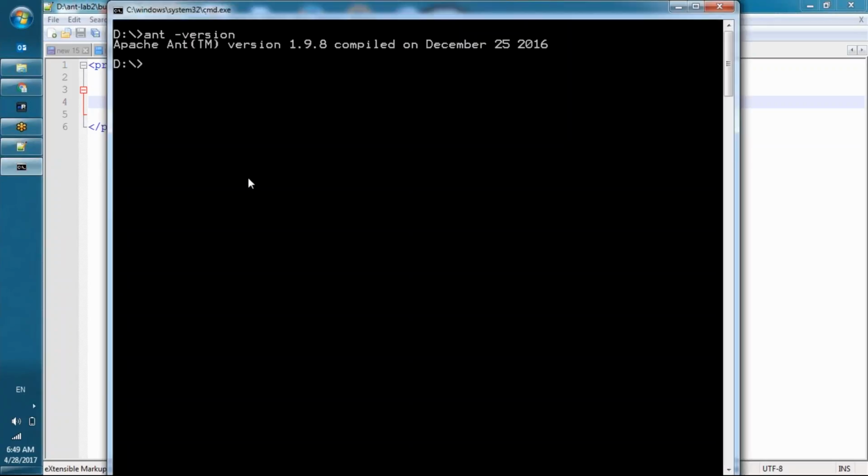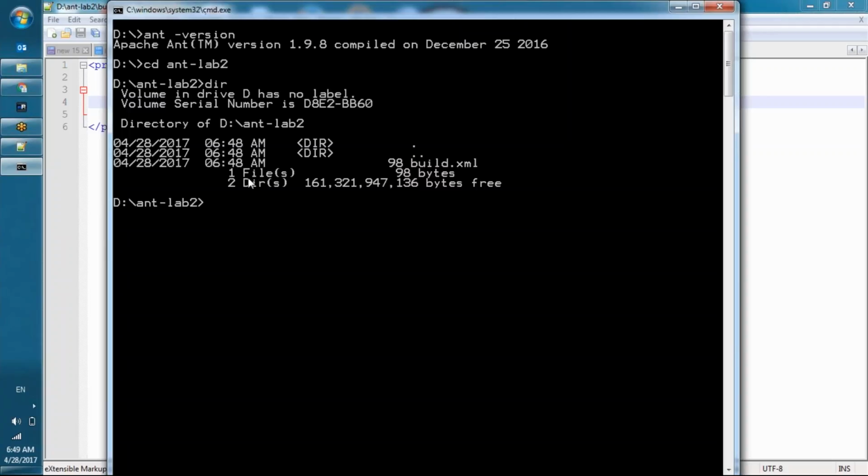That is the basic structure. Okay. So ant-lab2 is my directory and I have the file. If I hit ant,